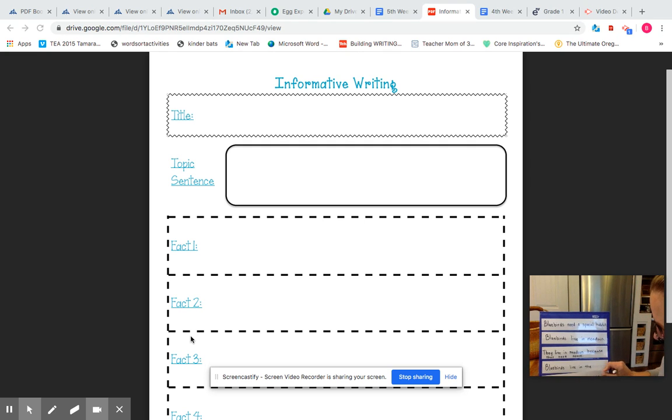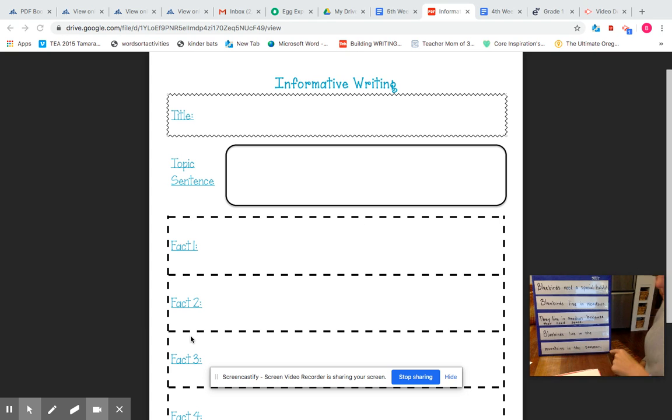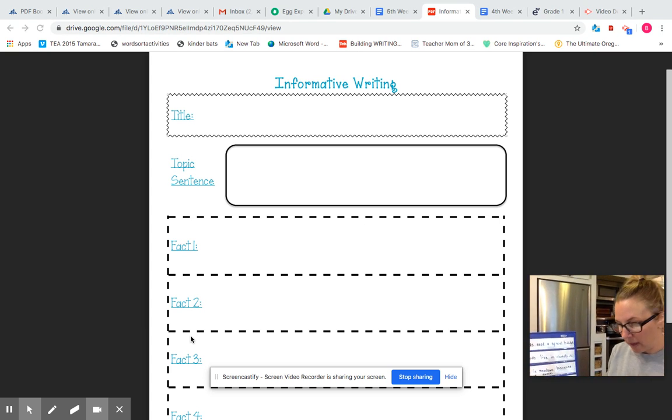See about my last sentence here, my last fact sentence. Bluebirds live in the mountains in the summer. Yeah, that one certainly is about where they live. When I write it, I'm even going to add some information about how they migrate from the mountains in the summer. But that is how I did my planning. That is what this page will look like for you. This is your writing planning page, okay?